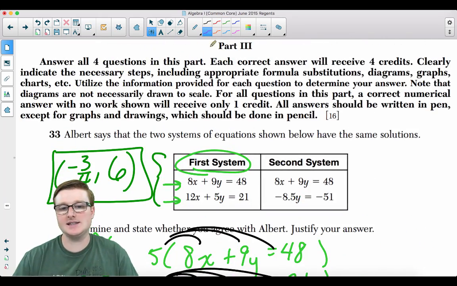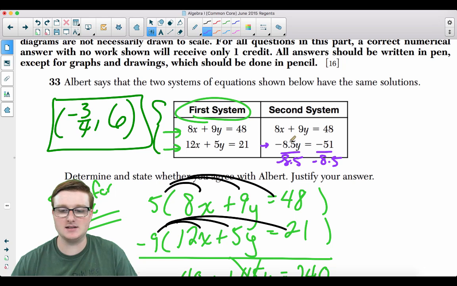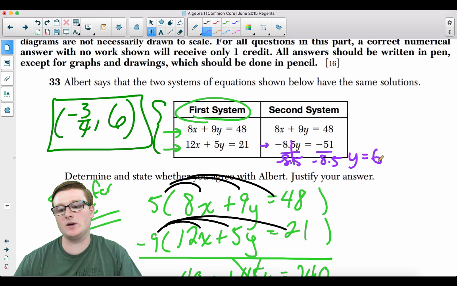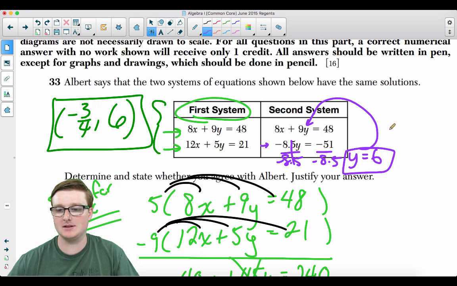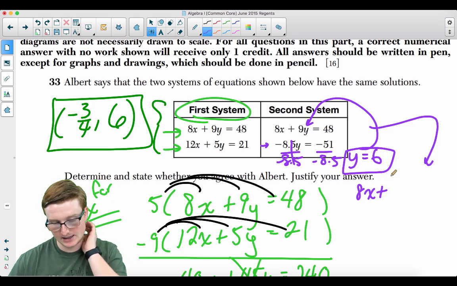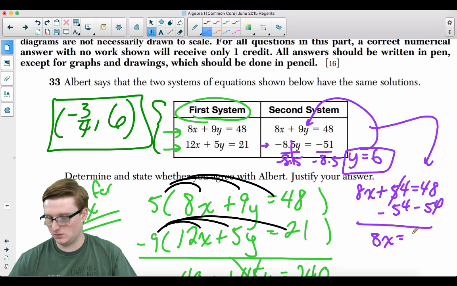Now, the second system, I promise, is much faster. If you take this second equation and you divide by negative 8.5 on both sides, look at how fast this goes. Y is equal to 6, because negative 51 divided by negative 8.5 is 6. So if you take 6 and you plug it in for y, you get 8x plus, well, 9 times 6, that's just going to be 54. So 54 is equal to 48. Subtract the 54 on both sides. You get 8x is equal to,